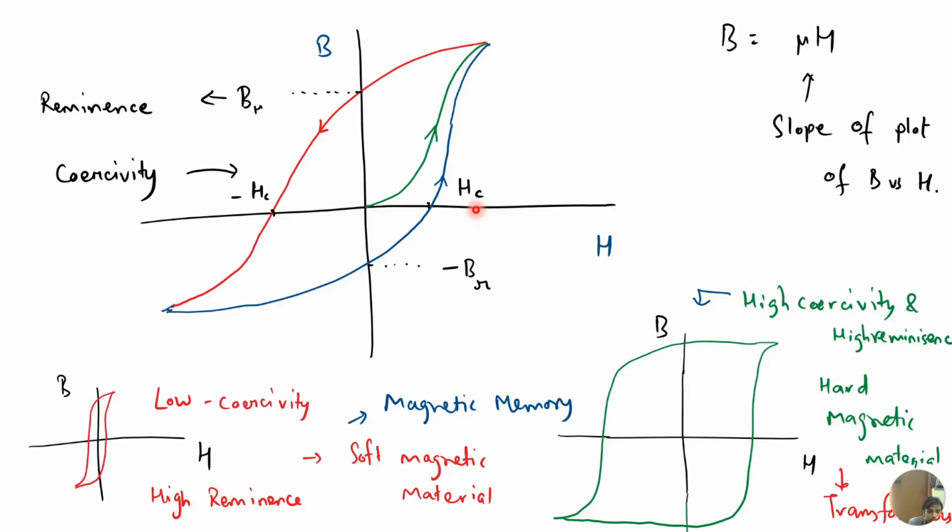Then you start reducing the magnetic field strength. When you start reducing, the magnetic field induction in that material will not follow the same path as it did when it reached this particular B. It will reduce at a slower rate. But when your H is 0,